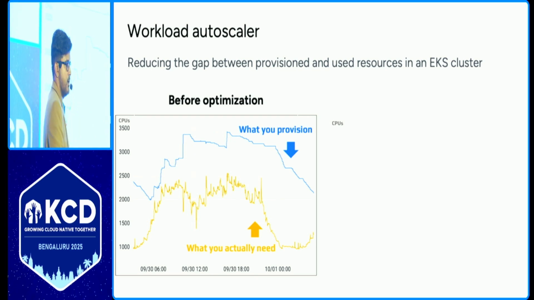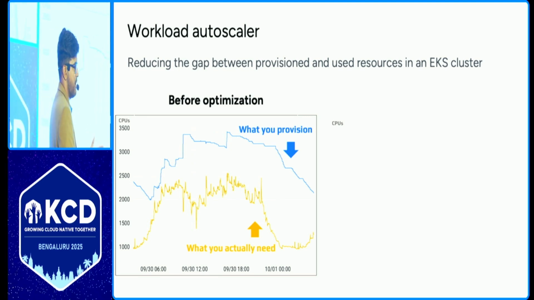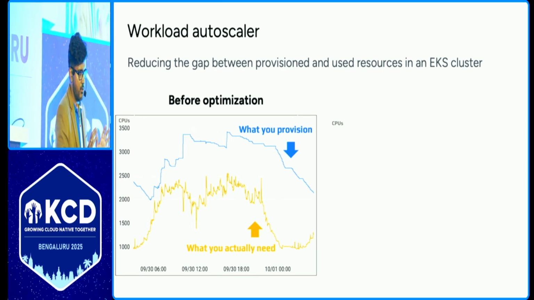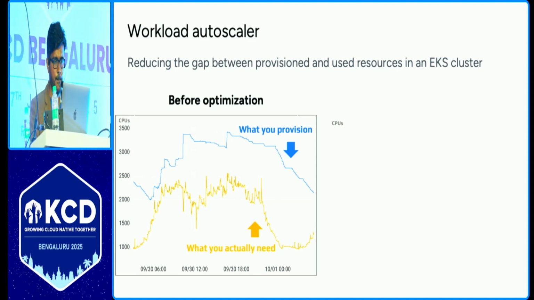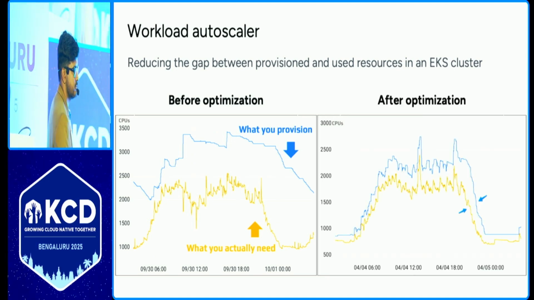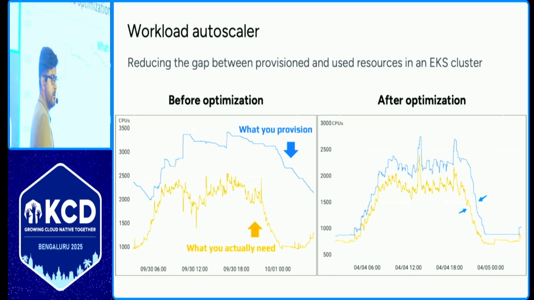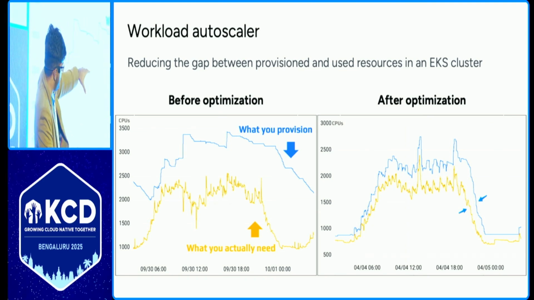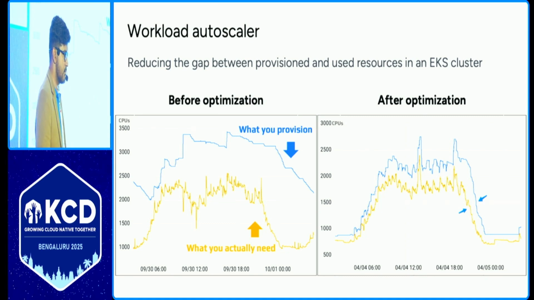What is the waste here? How much? Any blind guess? What is the savings if you go for better optimization there? Just keep the number in your mind. Just guess it, okay? I'll show you the optimized state, and then we'll discuss the number. This is the automation. You see how sharp we are, especially at the end of the day. The waste is too dominant from start to end, and we are very close. Give me a number. Anybody want to guess? 10%, 20%? What is the cost saving?